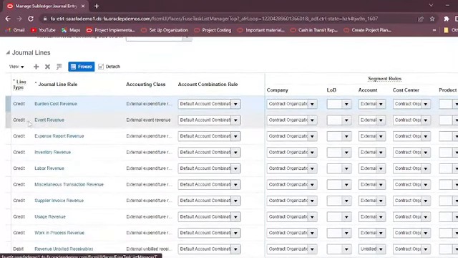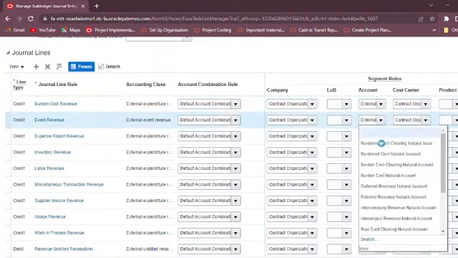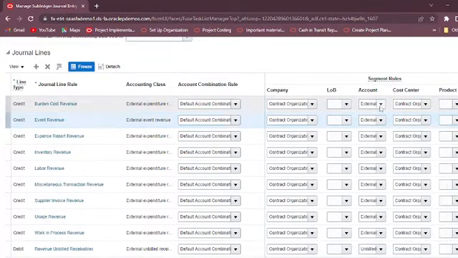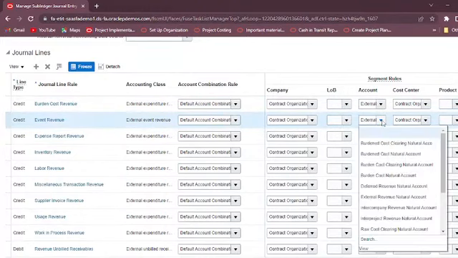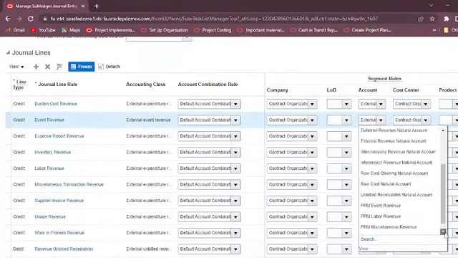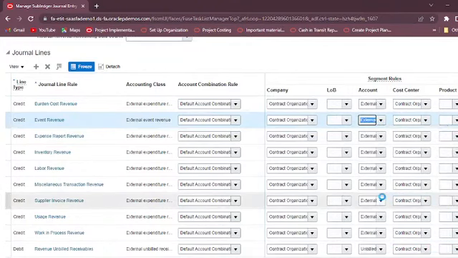So we have created for the event revenue, go to the segment rules. Associate your account rule here, then go to the labor revenue,